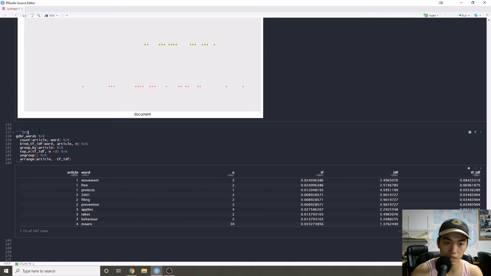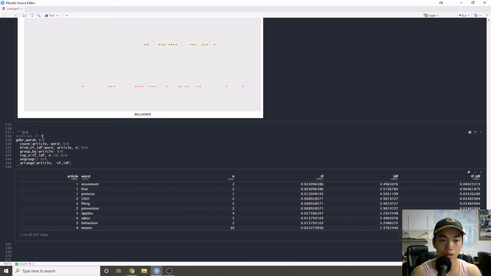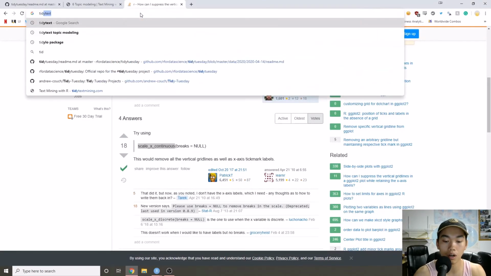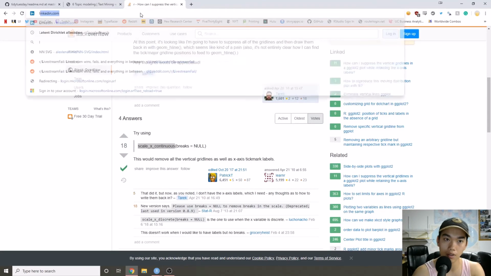So now we have the top TF-IDF score for every article. Okay, so instead of topic modeling, let's do something simpler and faster. So that's the TF-IDF score. But if you notice something, it's kind of just choosing rare words, right? Like the two words in one. It's not really great, which is why they actually use a different thing, which is the